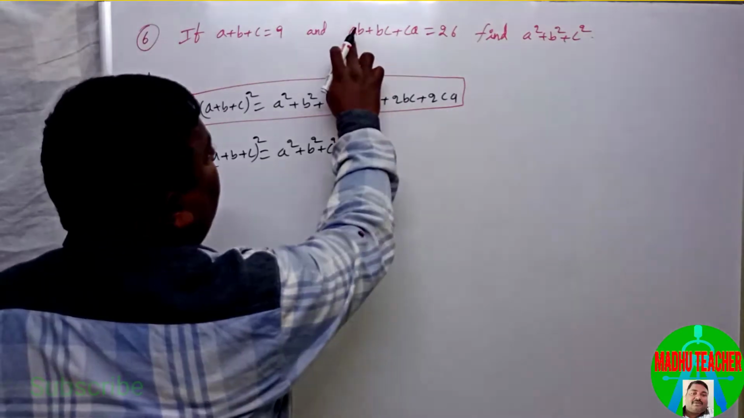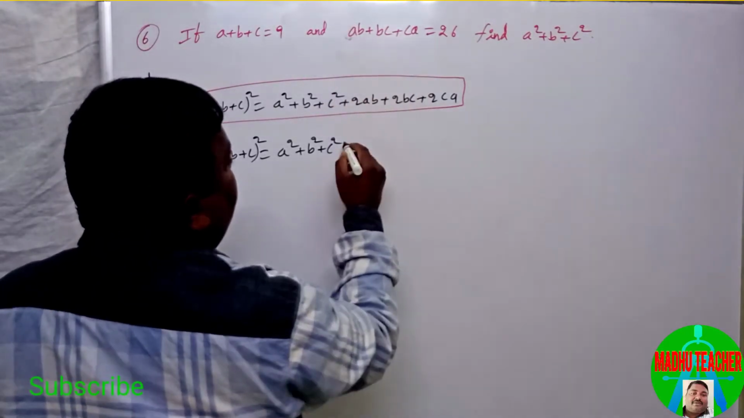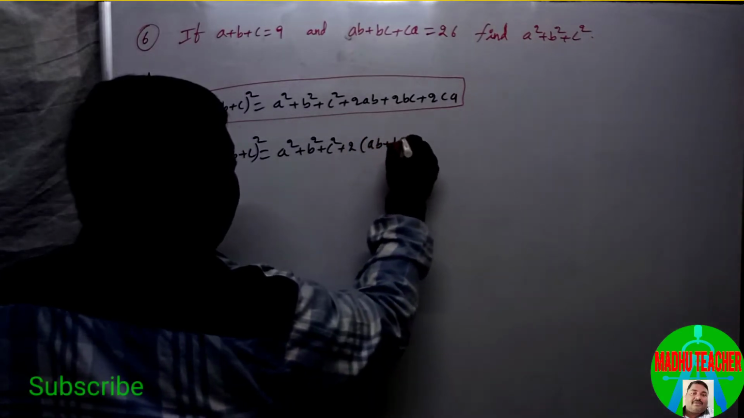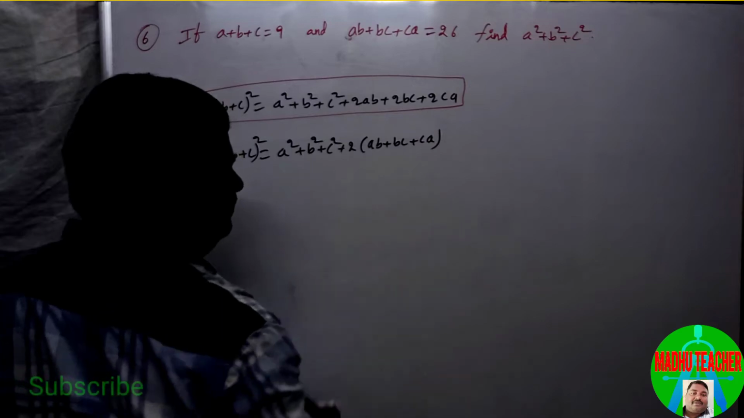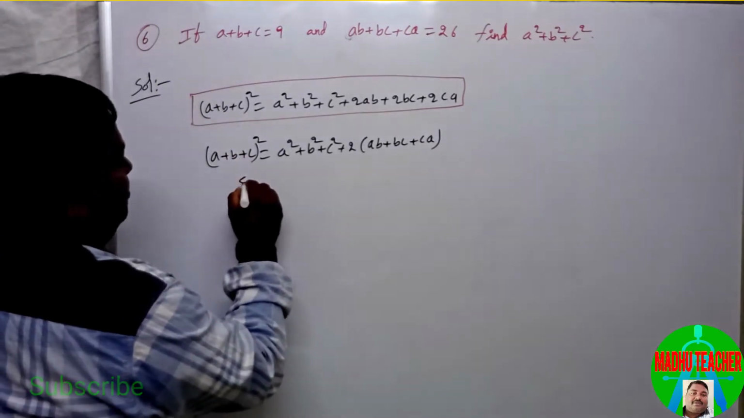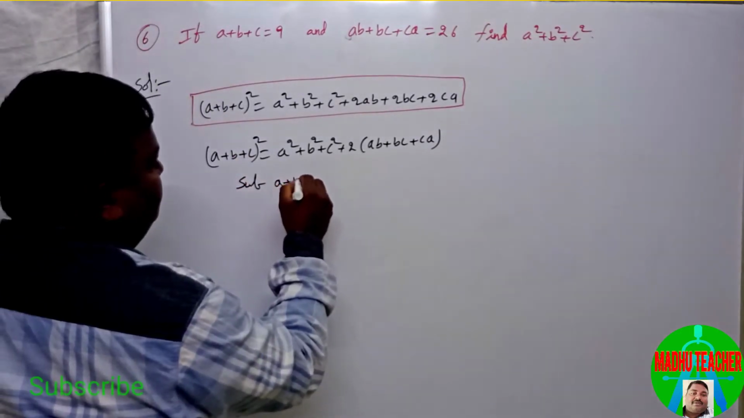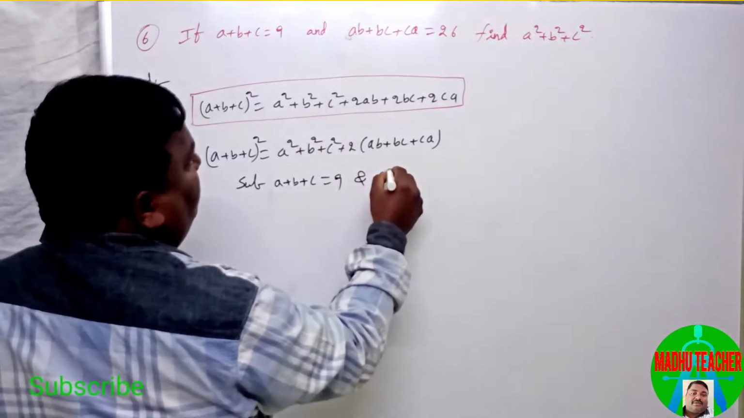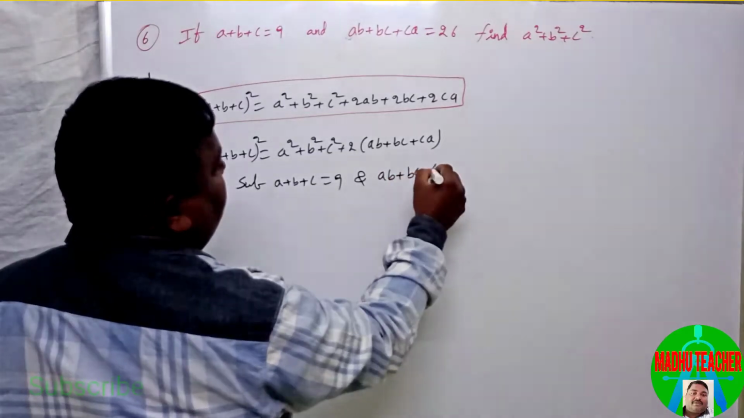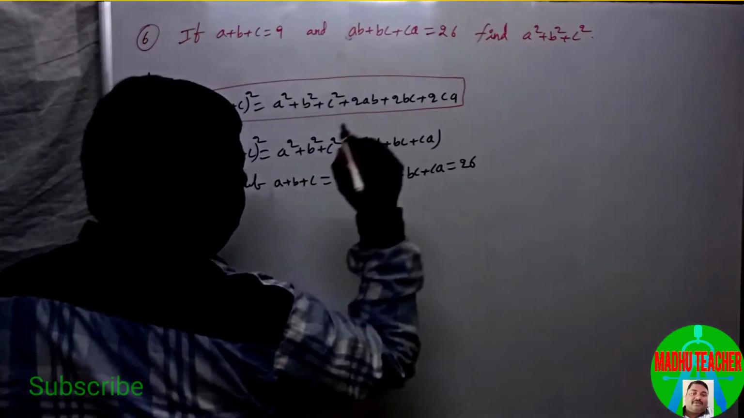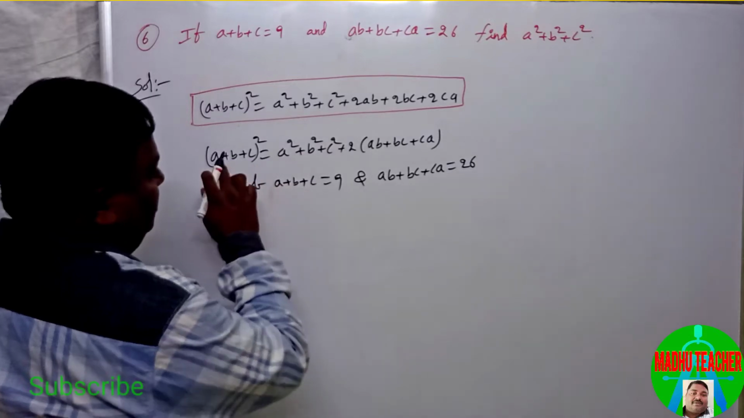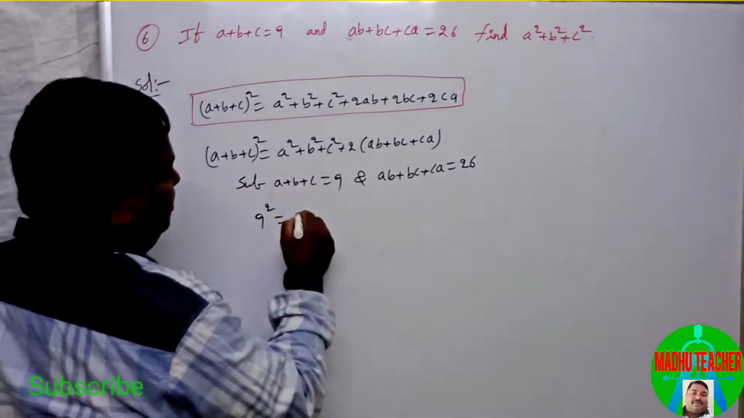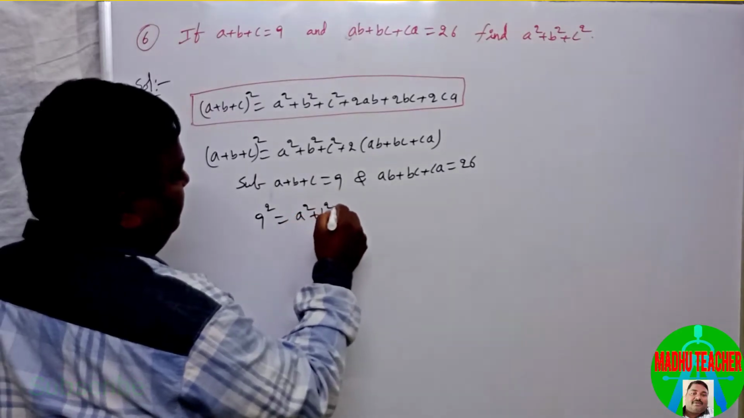In this we have ab plus bc plus ca. So by taking 2 as common, we will get ab plus bc plus ca. Now by substituting a plus b plus c equal to 9 and ab plus bc plus ca equal to 26. So that is (a plus b plus c) equal to 9, square equal to a square plus b square plus c square